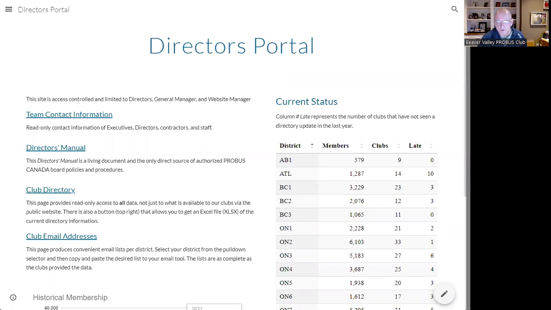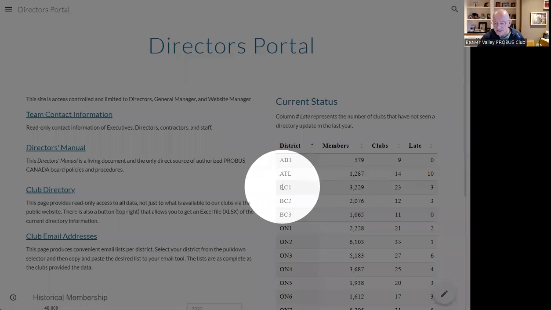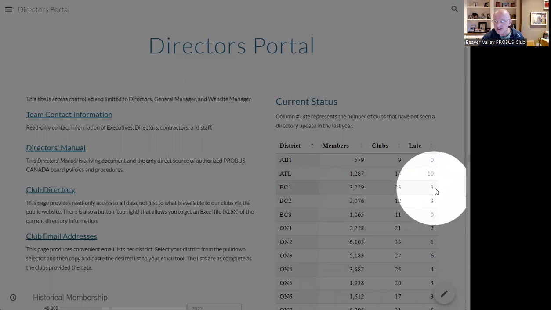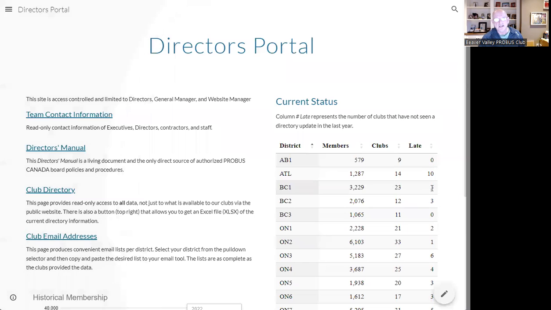On the Directors Portal homepage, you see a little table that shows the number of members, the number of clubs per district, but it also shows the clubs that have not reported within the last 12 months. So you may want to be contacting them, so you need to find out which clubs are these. And we're going to use as the example District BC1 with its 3 clubs that seem to be late in